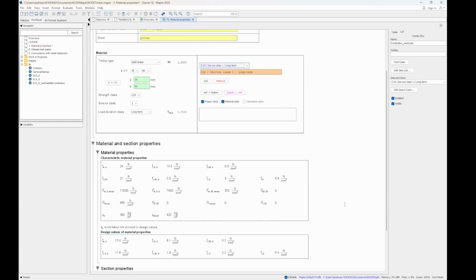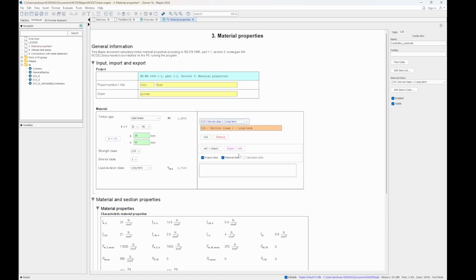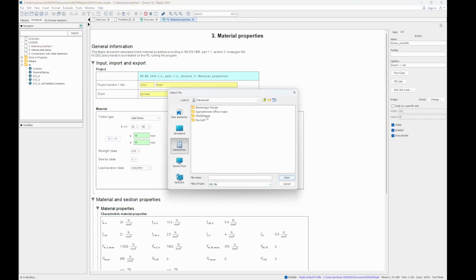These values down here are calculated values, so they are coming from the library, based on the k-mod factor and the gamma m, the material safety factor, you're going to get these values. So to export these values and be sure that they are readable afterwards, you